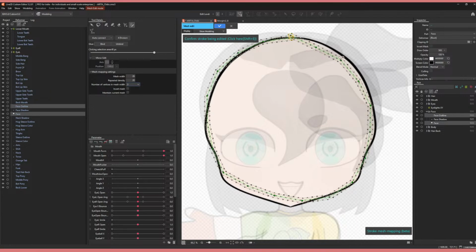I always want to do 3 here. And then my mouse sensitivity is too high, or I'm just really bad at tracing stuff on the computer. I do all my art on an iPad, so I can't imagine doing it on a computer. But I don't know. If anyone's actually good at this, let me know. Maybe I should try to get better at actually figuring out how to trace it, but